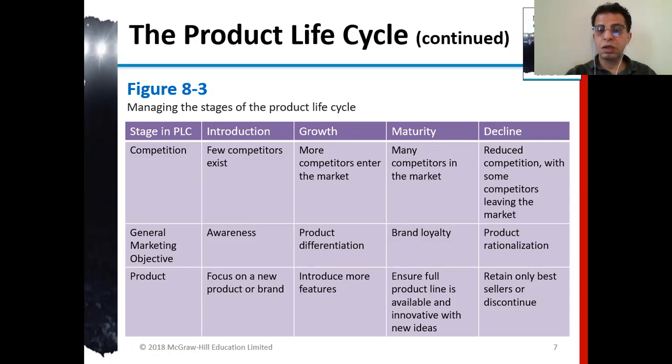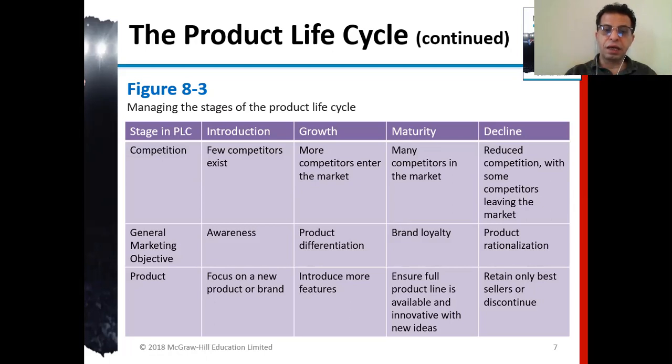And then at the maturity, we saw that, especially in Saudi Arabia, people were interested in Banner. And there were two brand loyalties. One group said we want to do the business with ITS. The other said we are interested in Banner. So there were brand loyalties. And when it started declining, we started to do a product rationalization. We focused on a certain edge of the product. We're not introducing the whole suite of Banner.